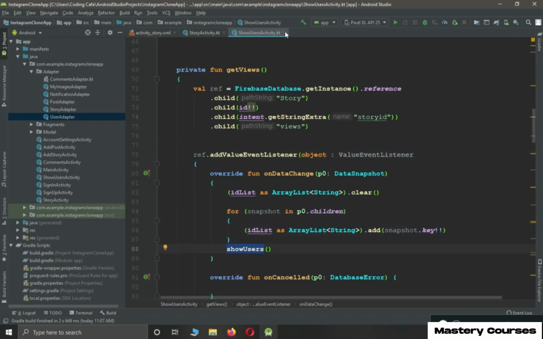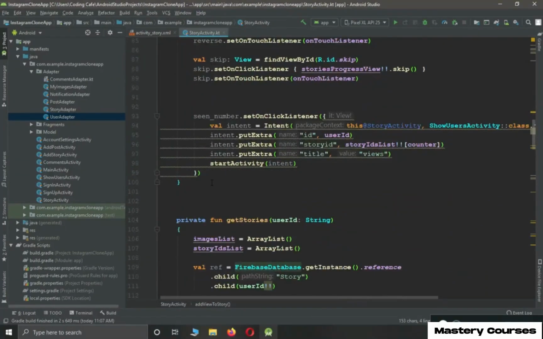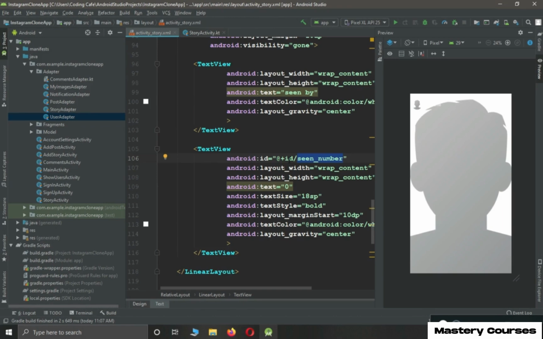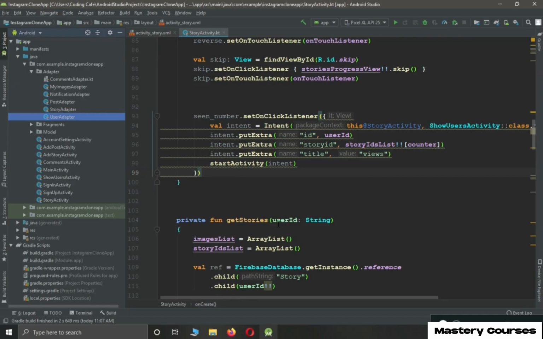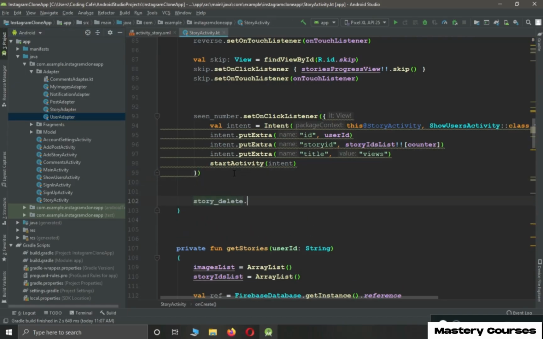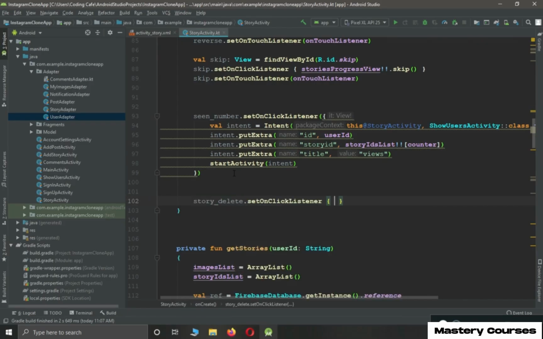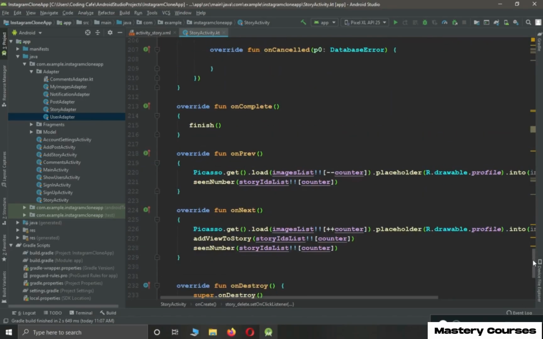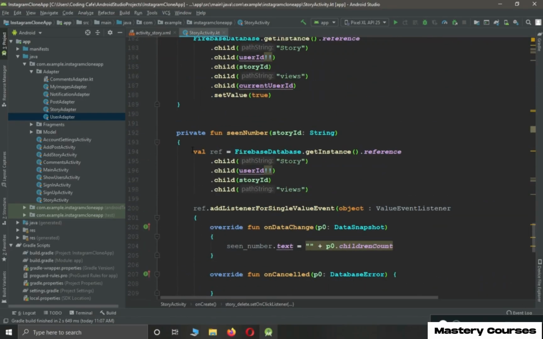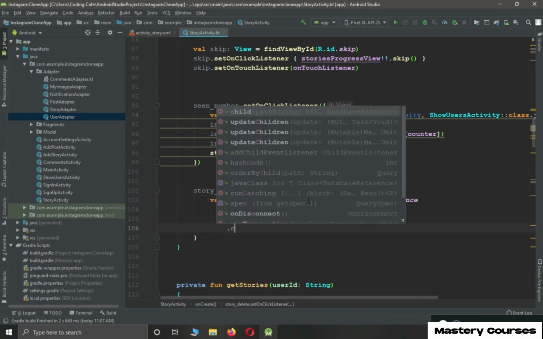So that's it. Once you do this, the next thing is to delete the story for the user, on click of the delete button, which is this one, story delete. So let's copy the ID and quickly add .set on click listener. Let's quickly create a reference to our story node. I'm going to copy it from here instead of writing it. Come back here and then press .child story ID list